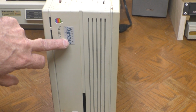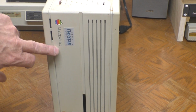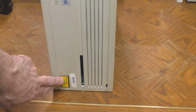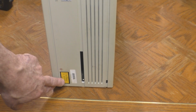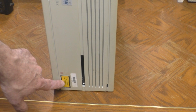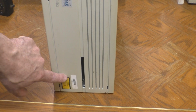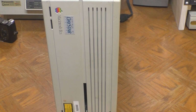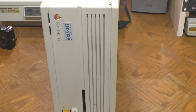This did have an accelerator card in it. The adapter's still in there, but the CPU card's not. And this little yellow sticker right here, this is an inventory sticker from the university I bought it from. And if it had a yellow sticker like this, that meant it was really expensive. So I'll pop the cover off this and we'll see if we can't take a peek at all the damage